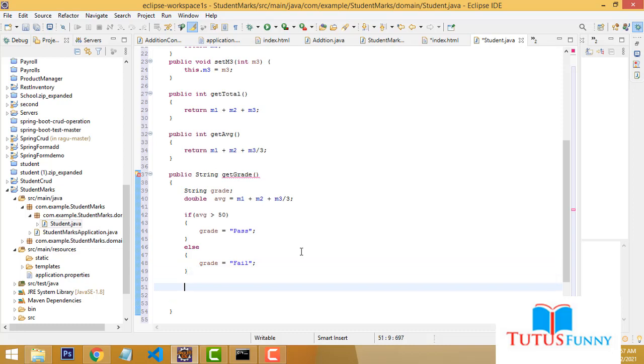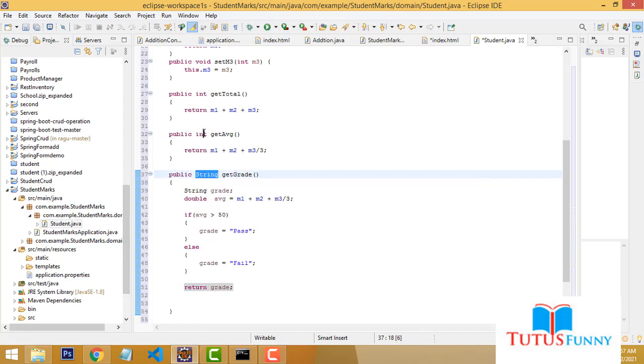You have to return grade. Return grade. That's it. Now it will be written as a string, so we have changed the method to return a string. If it is int, return int; you can put the data type in. If it is double, you can put double. The output should be written as a string, so I changed it to string.